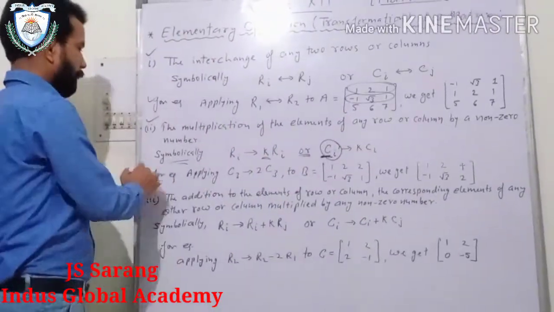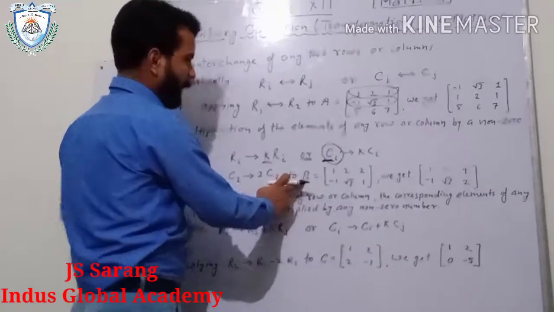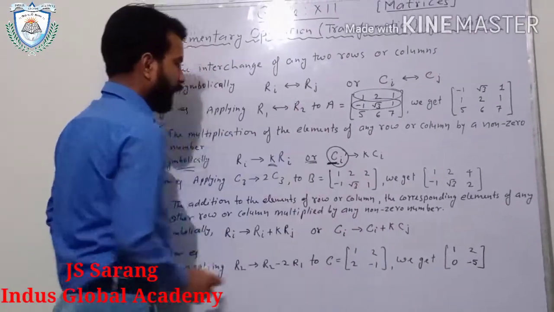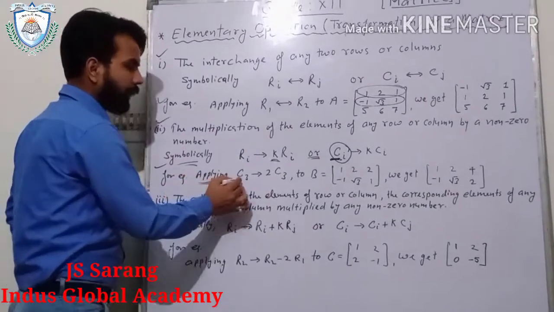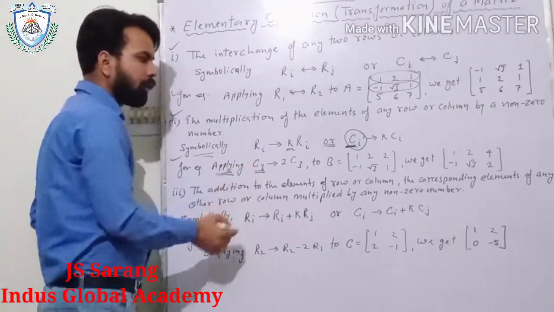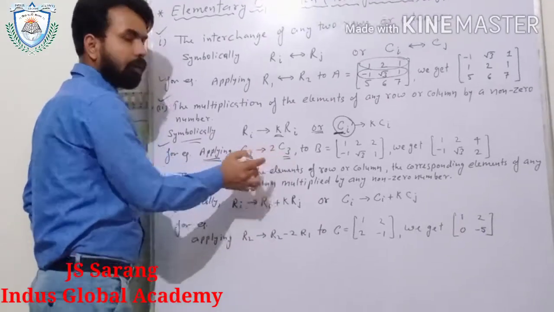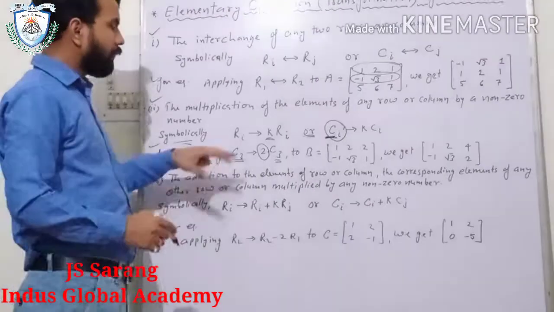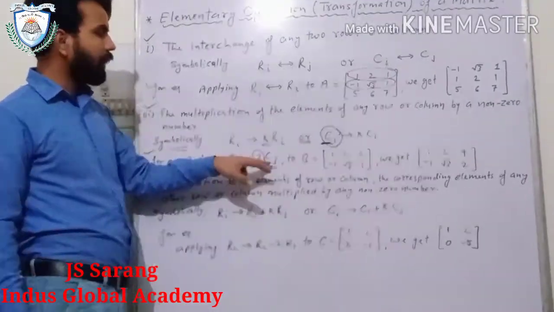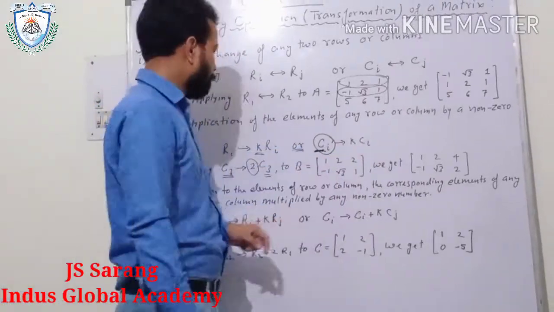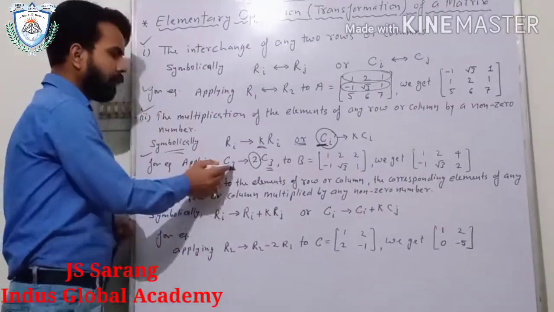For example, if there is a matrix B, 1, 2, 2 and minus 1, root 3 and 1, and we are applying the operation in C3. C3 means third column. What is the operation? We will multiply all the elements of C3 by a non-zero number, that is 2. So if we want to multiply all the elements of the third column by 2 in this matrix, then we will